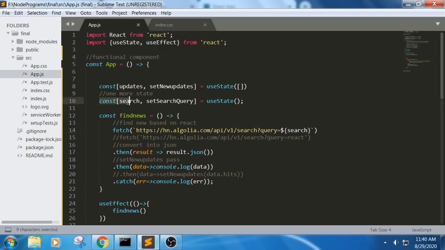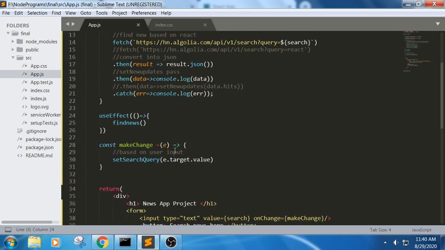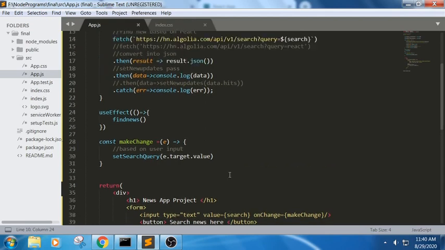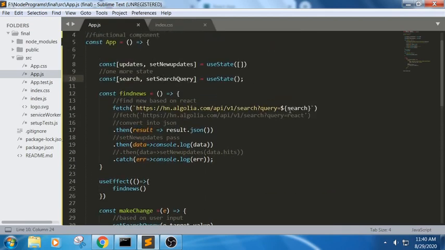We have defined a variable, in the sense the name of this state, and we are defining a function here using useState. For example, if the user has inputted this value, it will pass it to this query.